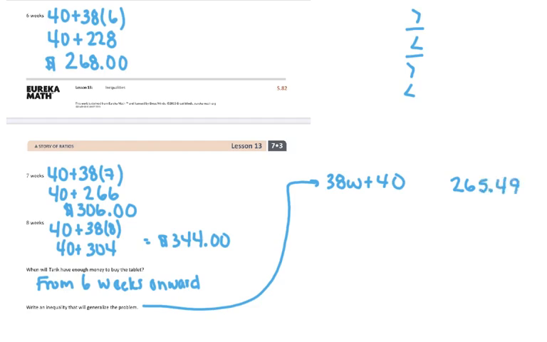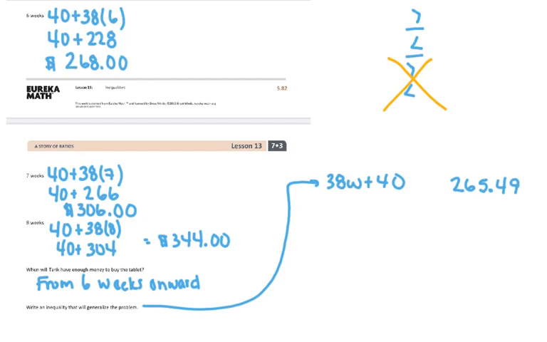So we determined that he needs to save for at least 6 weeks. So it needs to be either less than or equal to $265.49 or greater than or equal to $265.49. It can't be greater than or less than. It has to be greater than or equal to, because I need at least